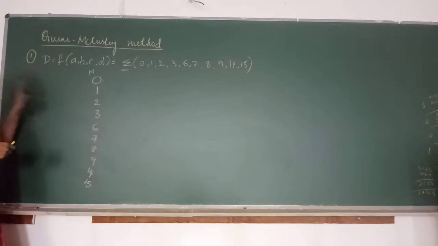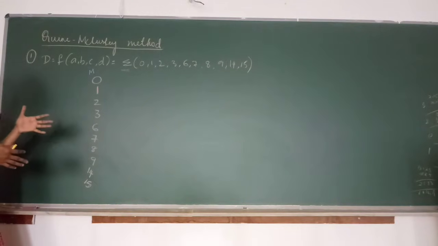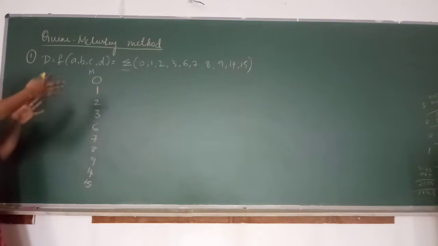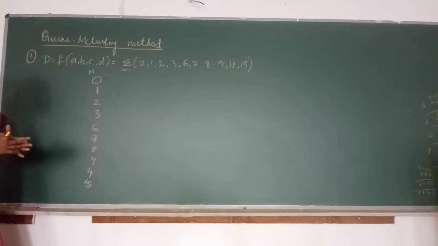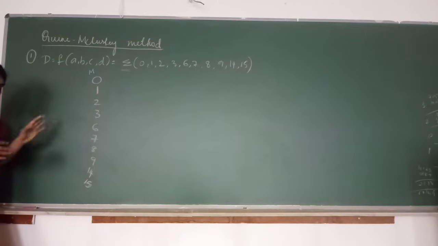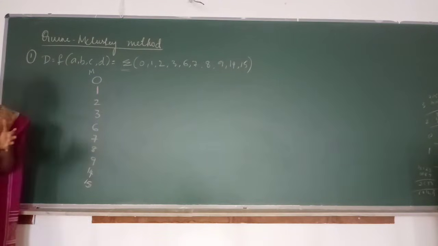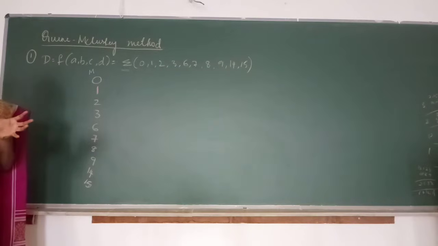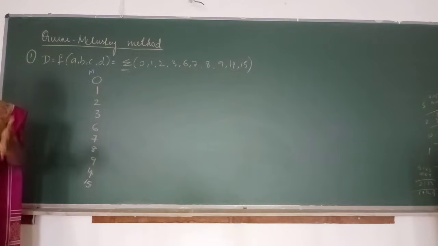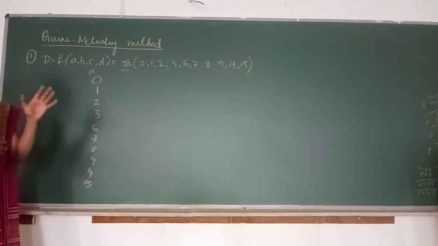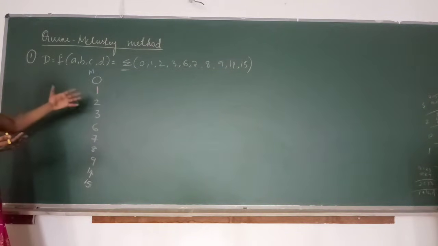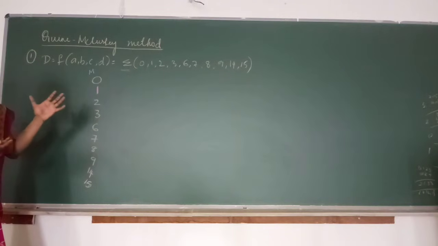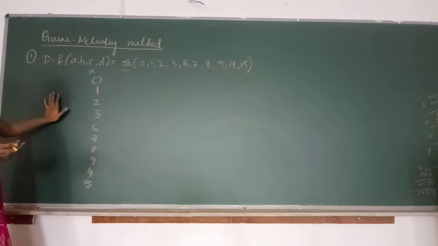Of course, Quinn-McCluskey also gives us the simplified equation, but we need to construct 5 or 6 tables in order to get it. That's a very long procedure, and we need more time to solve the equation compared to K-map. But anyhow, you have this in your syllabus also. If anybody asks you which method of simplifying the equation is preferred, you always suggest K-map, because once I solve a problem, you will come to know how easy Karnaugh map is compared to the Quinn-McCluskey method.